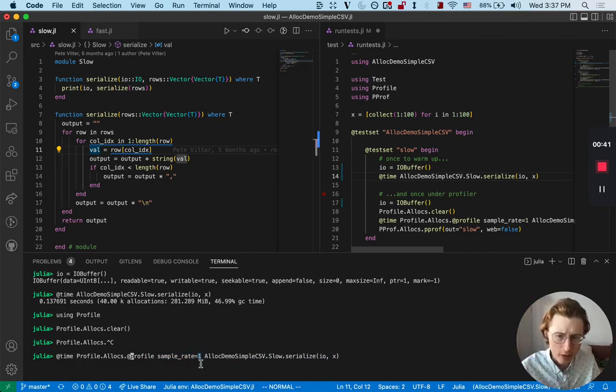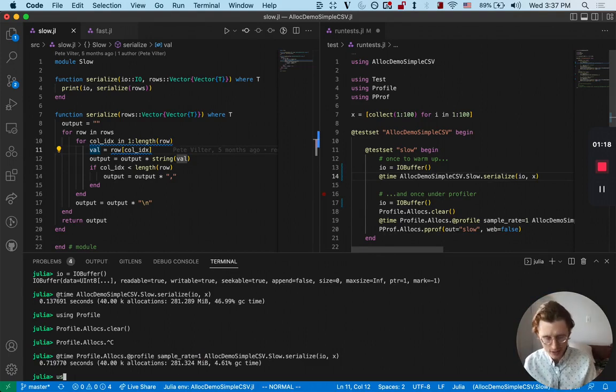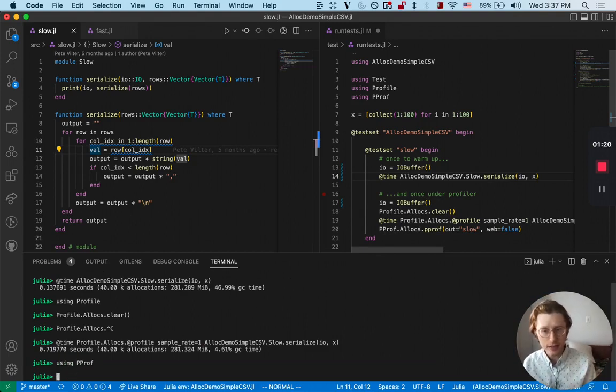So a sample rate of 0 or close to 0 means you sample very few of the allocations, and a sample rate of 1 means you sample all the allocations. The reason we let you control this is because profiling is very expensive, and so if your program allocates a lot, like millions or billions of allocations, having a high sample rate can really slow it down. So what I recommend is you first run with @time, and if you have only in the few tens of thousands of allocations, it can be okay to sample 100% of the allocations, but usually I would set a much smaller number. We're going to sample all the allocations here,